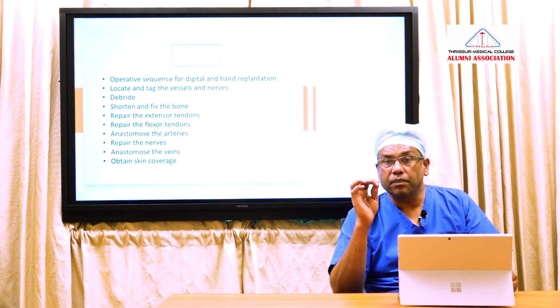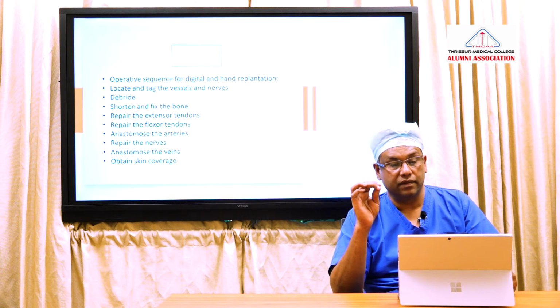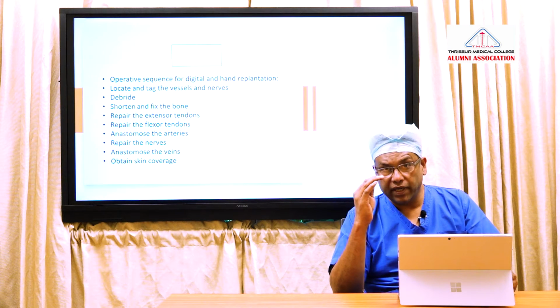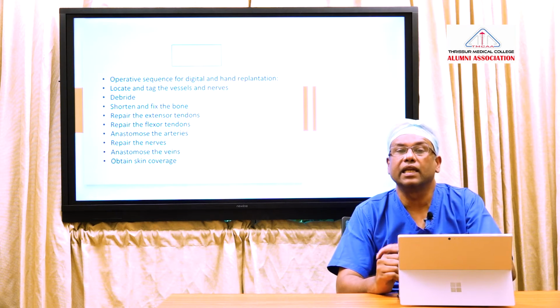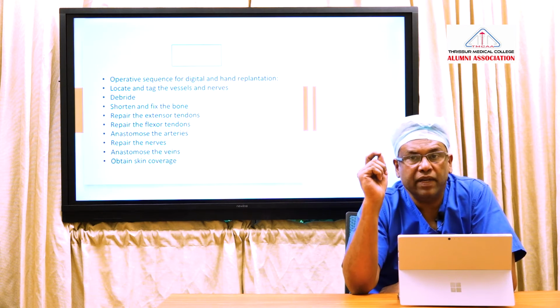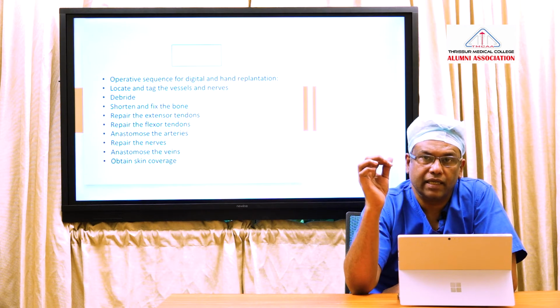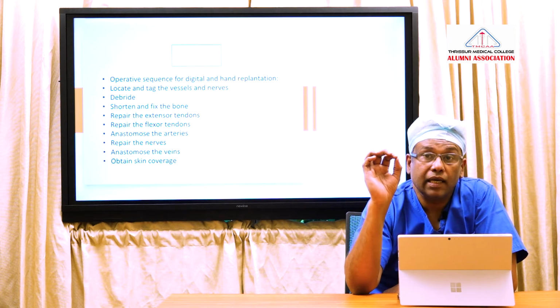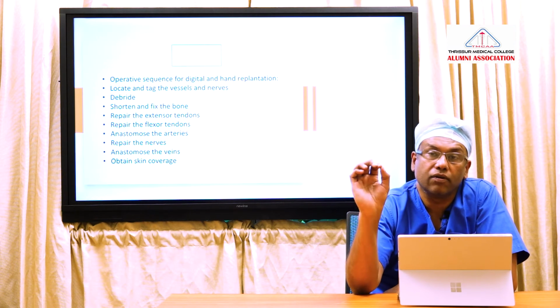Once you do that, repair the arteries, the veins, and the nerves, or the arteries, nerves, and veins, and then provide skin cover. So begin with fixation of the bone, extensor tendon and flexor tendons, artery, nerve, and vein, and then the skin. That is the order of fixation.